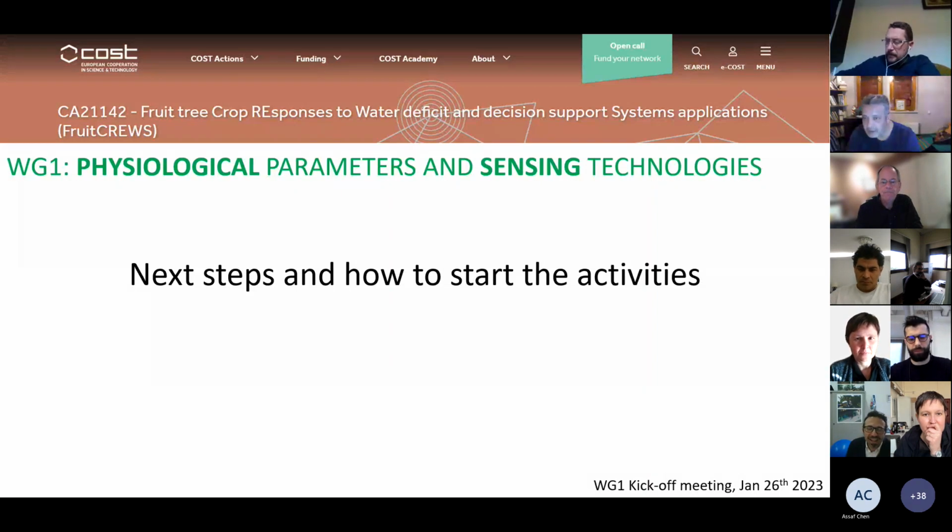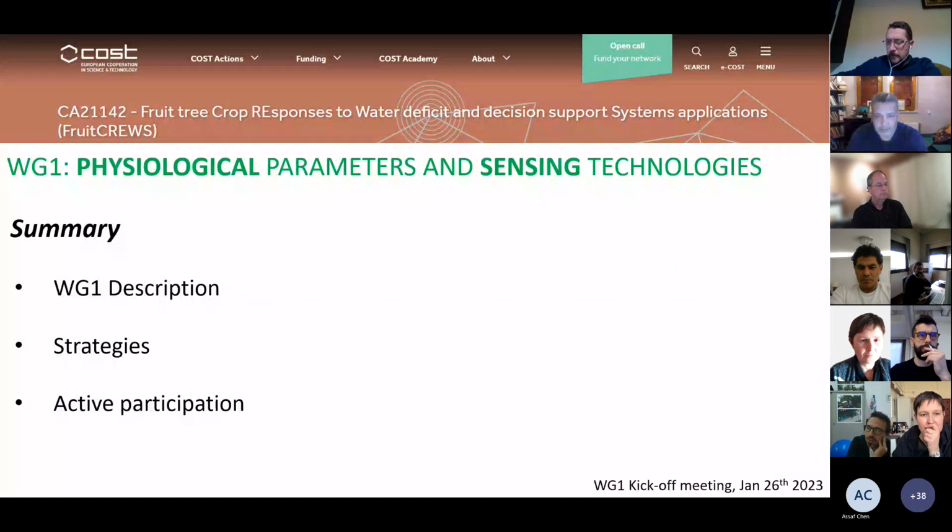There is a previous debate among some of us regarding what is better, the water status or the plant water status or plant functionality. So it is interesting also to see these differences if there are any. So today we'll describe a little bit the project, the WG1 activities, strategies, and how we can actively participate in the activity of the WG1